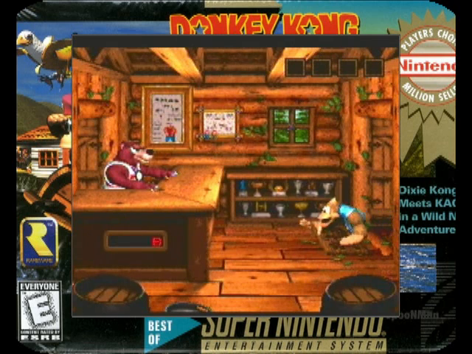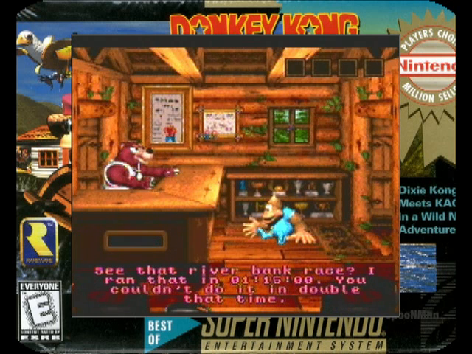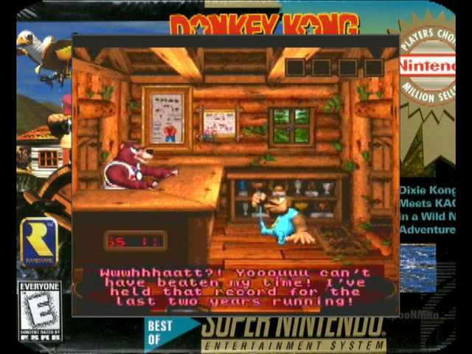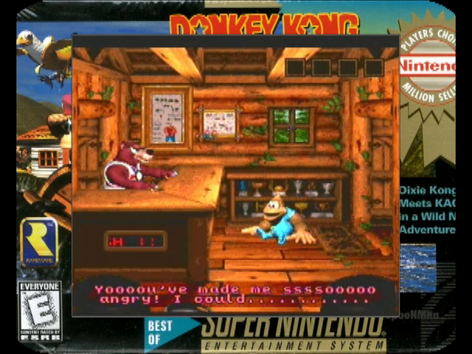And he's a real snotty bear. Hey, it's Banana Brain Kitty. What do you think you're doing coming into Brash's cabin without asking? See that riverbank race? I ran that in 1:15. You couldn't do that in double that time. What? You can't have beat my time. I've held the record for the last 2 years running. You've made me so angry I could...